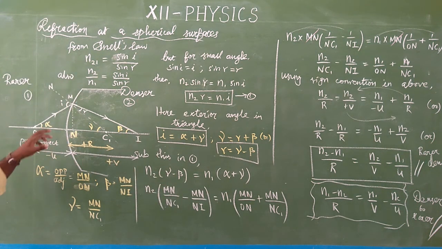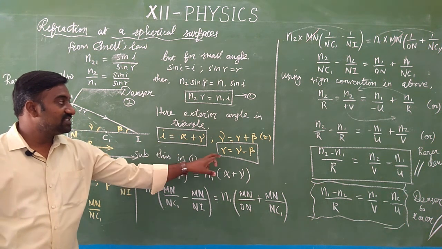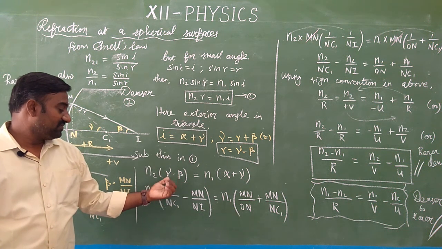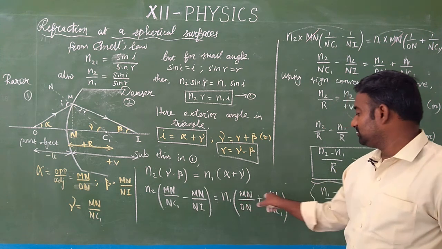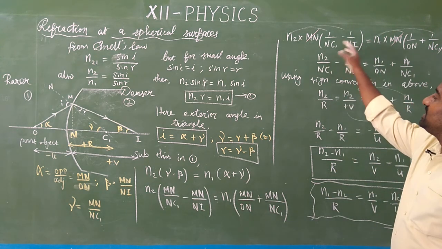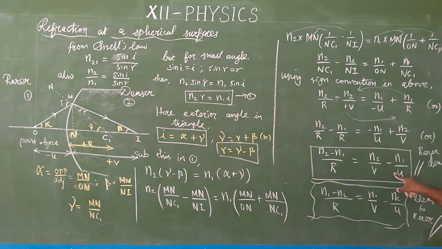After that, you are seeing the exterior angles. This is a triangle, so here the exterior angle is in the triangle. You are finding the i and the r value, that is angle of incidence and the angle of refraction. We have found it. After finding the angle of incidence and refraction, substitute in this equation. Then after substituting the angle, the common terms you take outside for simplification. Then multiply inside by using sign conventions and rearranging. This is the final equation.